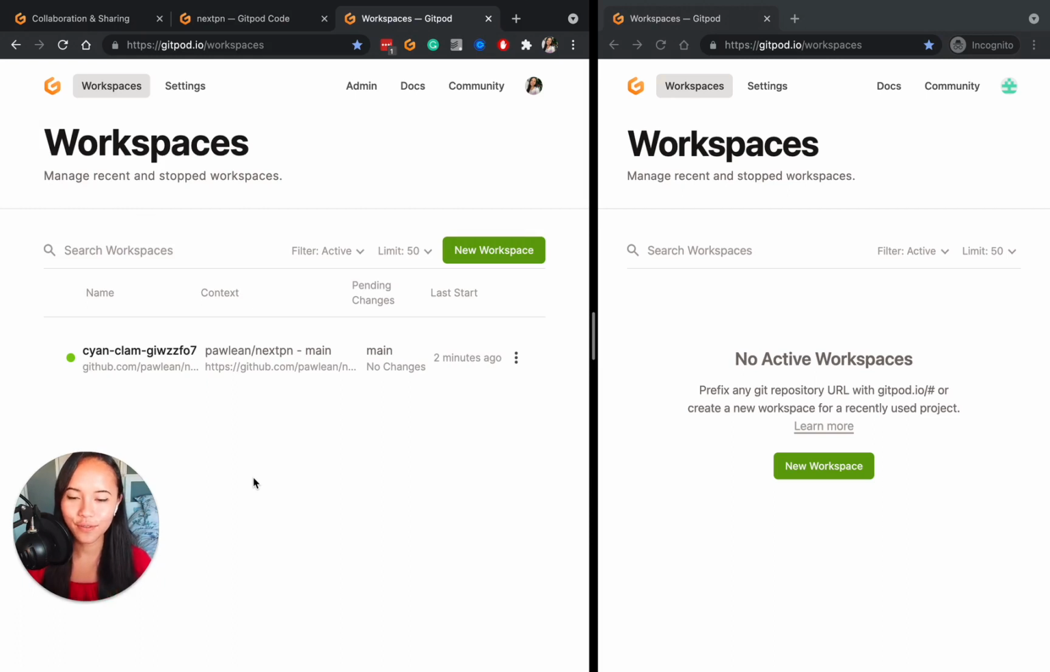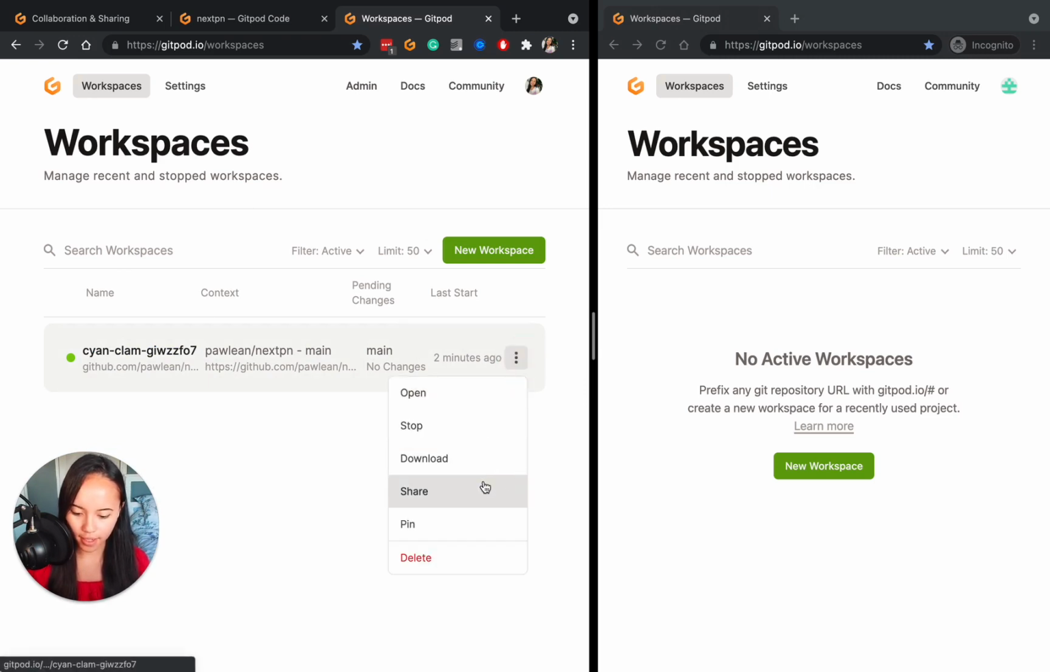So you can do this via the Gitpod dashboard. If you go on your dashboard, which you can access on gitpod.io/workspaces, you can see all of the workspaces that you have currently running. And you can see this is my website that I'm running on Gitpod right now. And if you click on these three dots and click share,